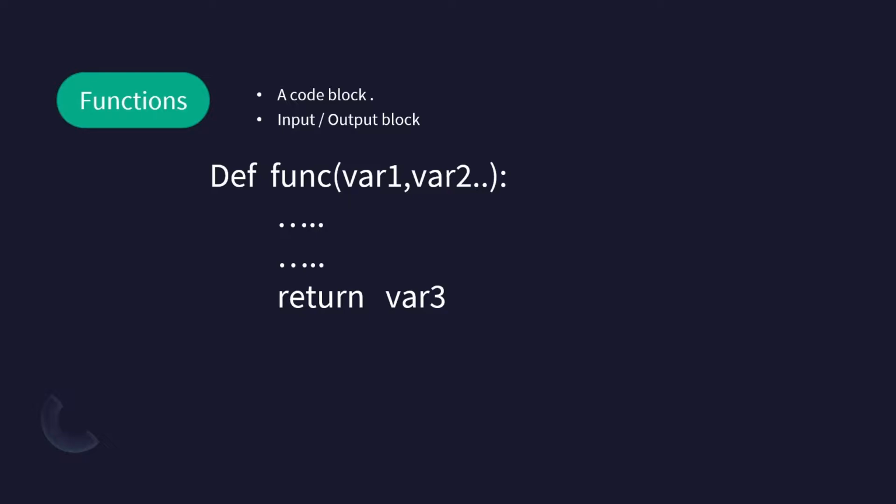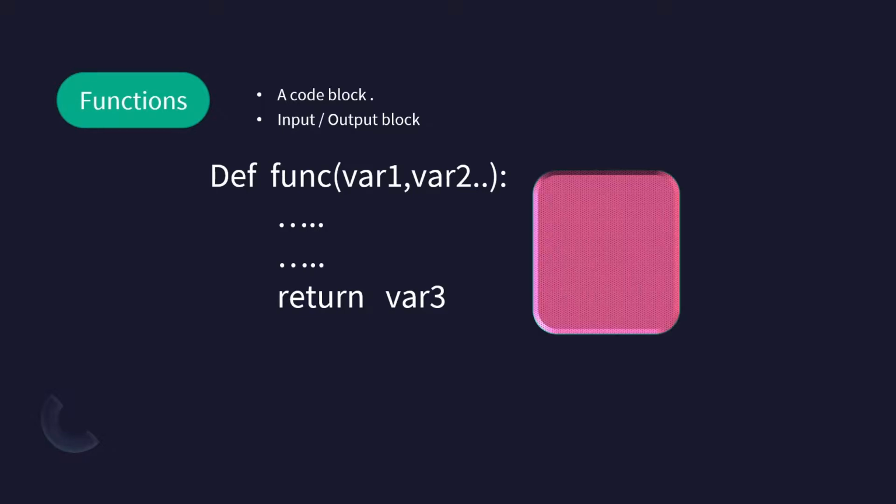It returns a value that could be any type of data, any primitive data type or any sort of derived or advanced data type. The function could also return objects. So it's like a block of code. The inputs are var1 and var2, and then it produces an output. Output is nothing but the return, that is one. The other thing that it outputs is anything that you write to the console. So that is the whole purpose of functions.